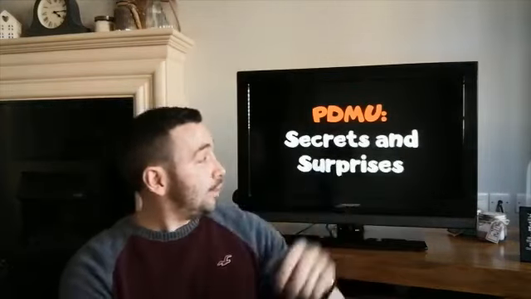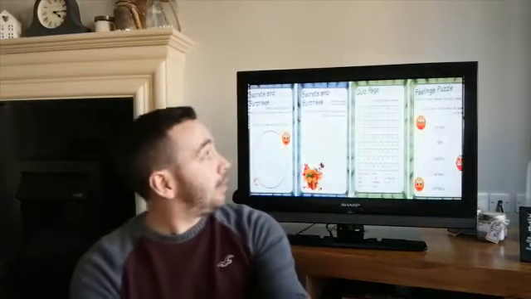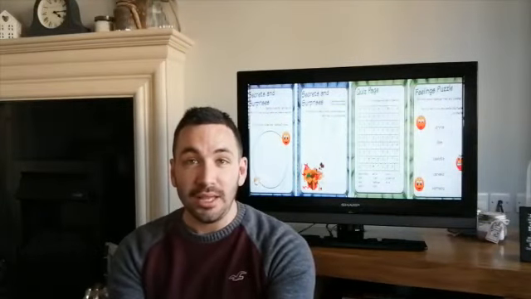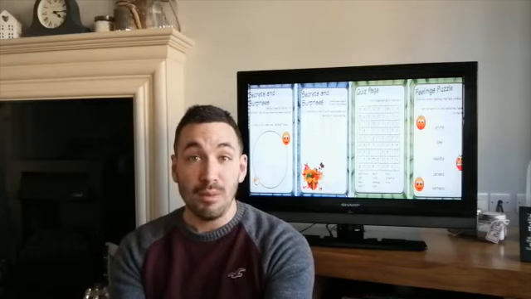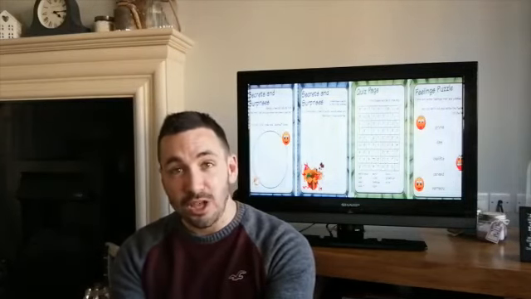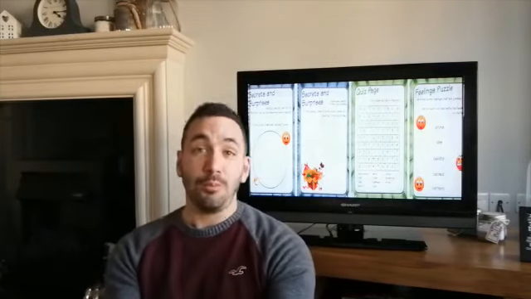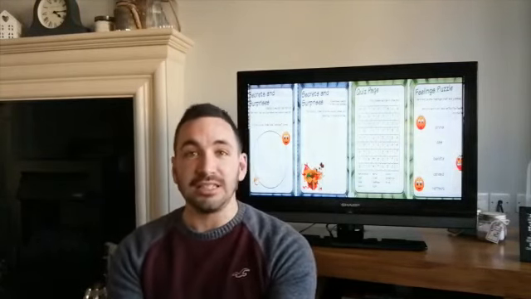And so this week is all about secrets and surprises. You'll be given a booklet where you can explain what kind of secrets you might enjoy, what surprises you might enjoy. Maybe there's some secrets you don't enjoy so much, the importance of keeping secrets, when not to keep a secret, and so on. So this booklet will help you have a think about secrets and surprises.